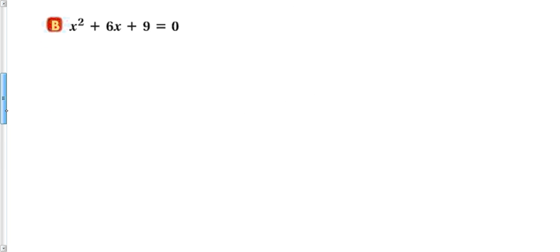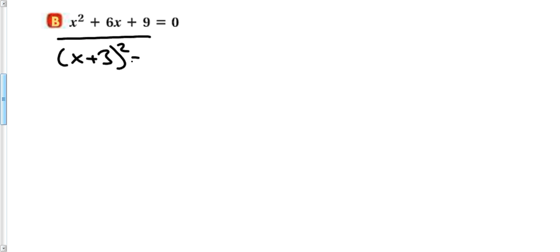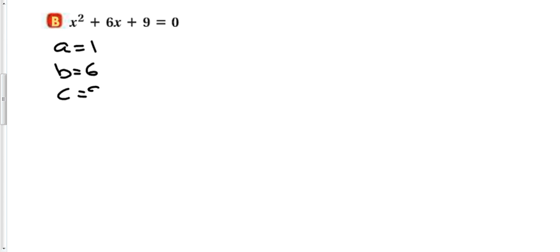Okay. With this problem, hopefully you could recognize that this happens to be a perfect square trinomial. It is in fact x plus 3 squared. Setting that equal to 0 would give me x is equal to negative 3. But what happens if you didn't see that and you didn't know exactly how to factor it? You could still use the quadratic formula. So we would have that